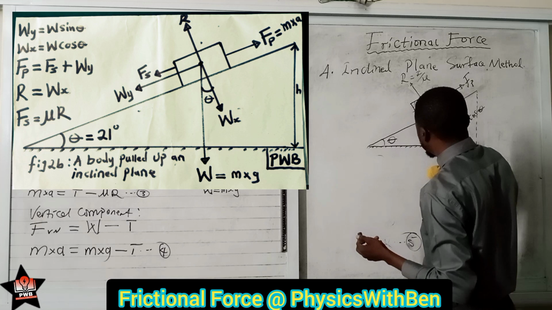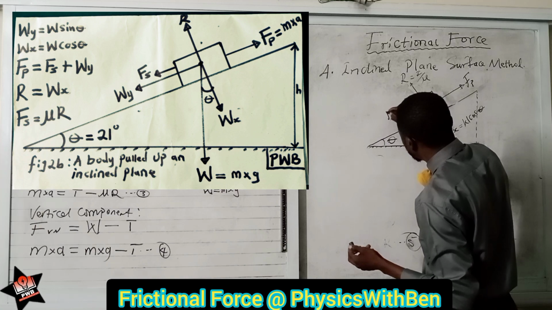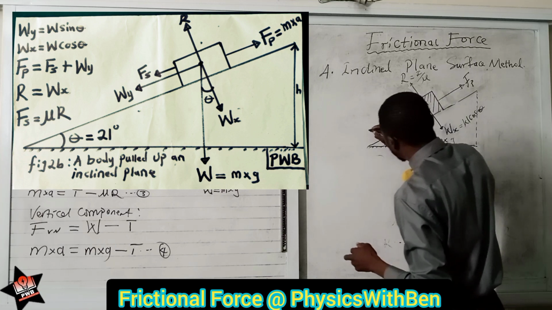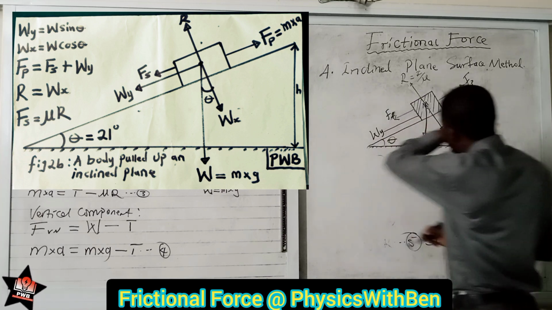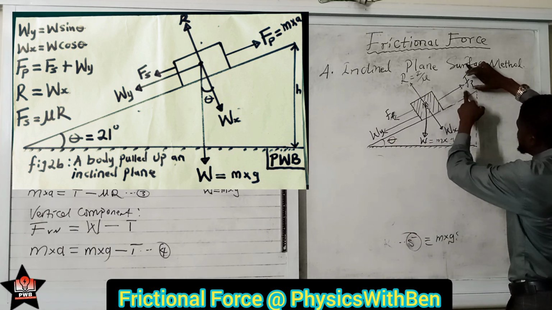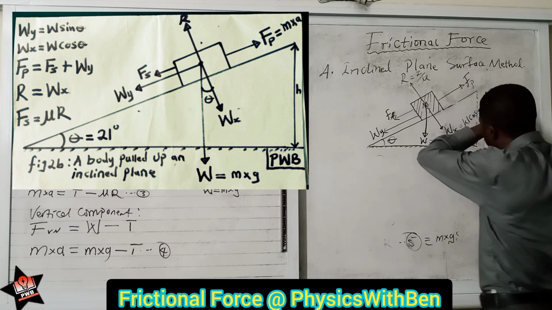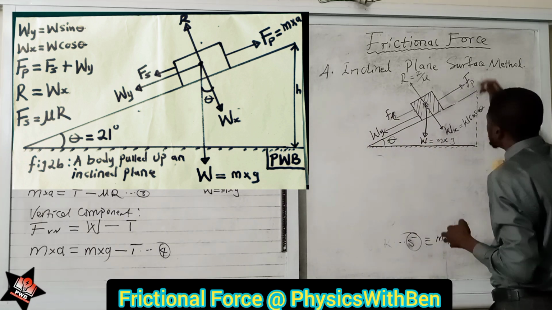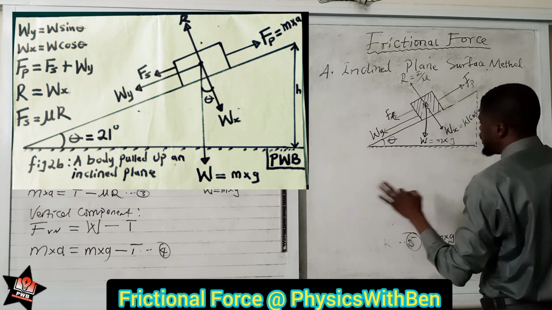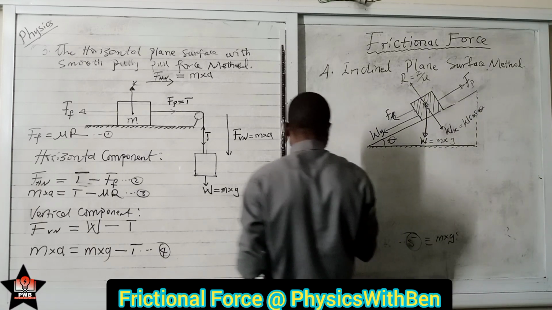So this is, let me write this way, your frictional force. This is your frictional force, F, and this is your what? The vertical component of the weight. So here, what do you write now? This frictional force, this pull force is equal to what? This. Now, I forgot something in the other diagram. That is the net force in this direction. So I write that my net force here,